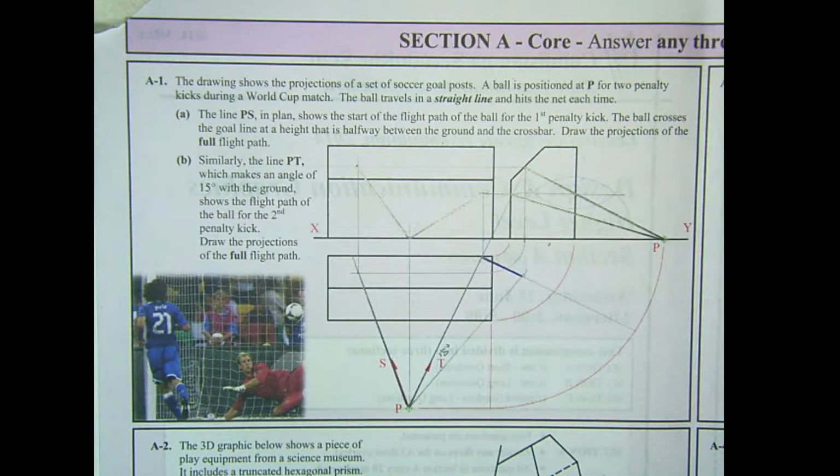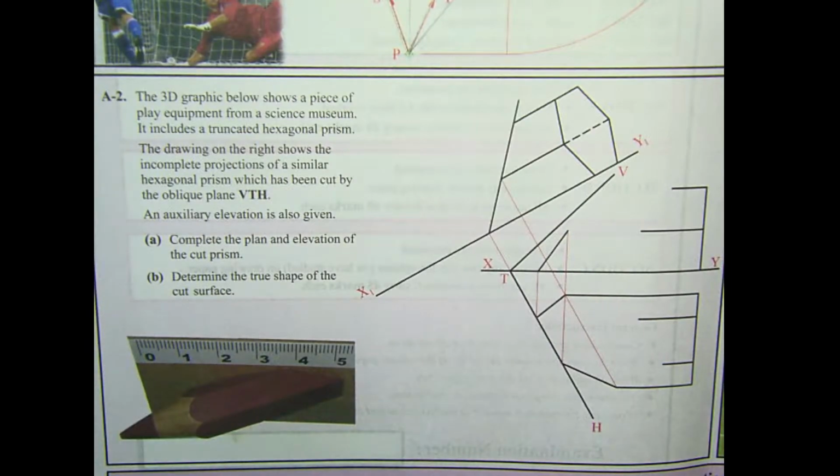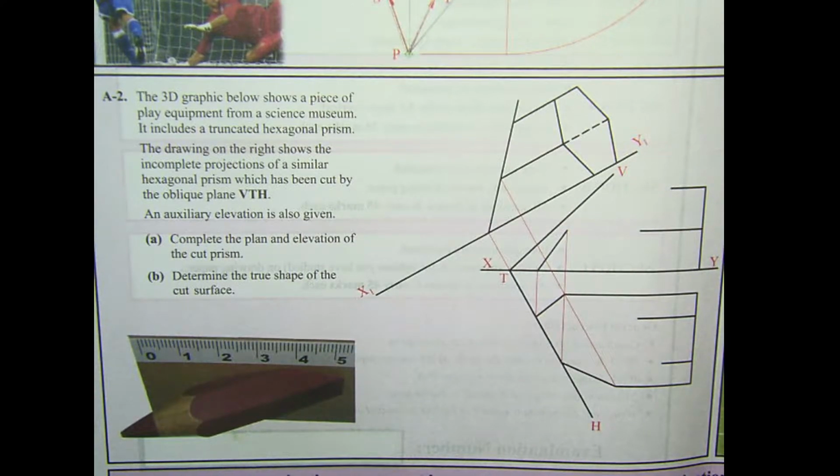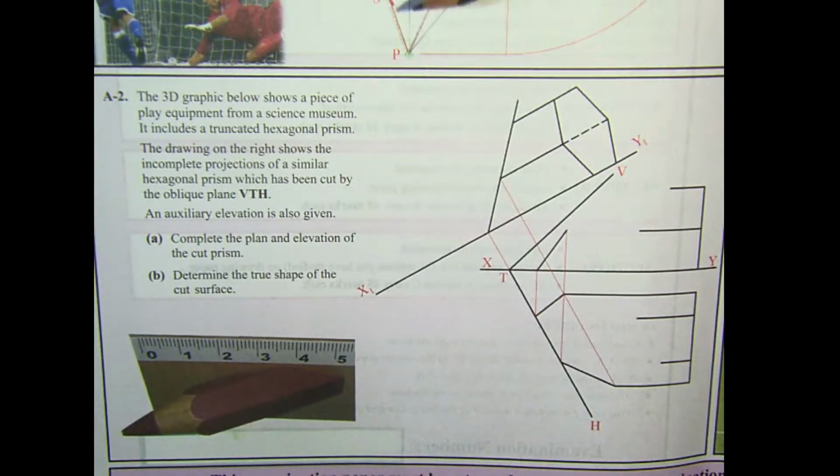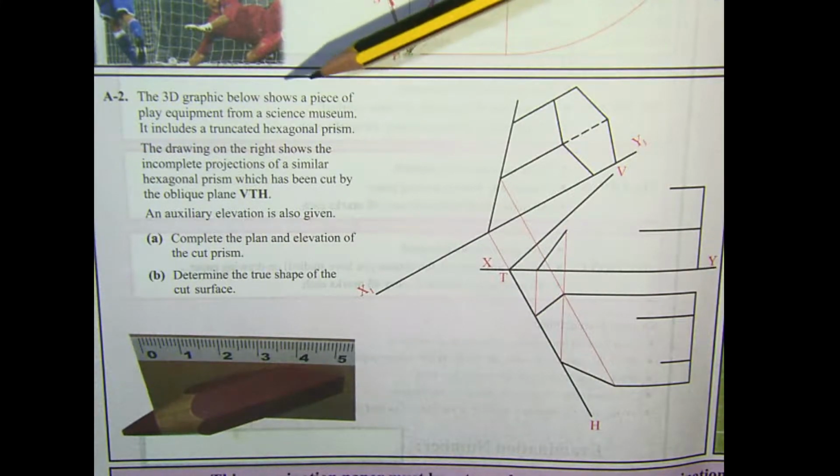So that completes this question, question A1. Question A2 is looking at truncated prisms. The 3D graphic below shows a piece of playing equipment from a science museum, which includes a truncated hexagonal